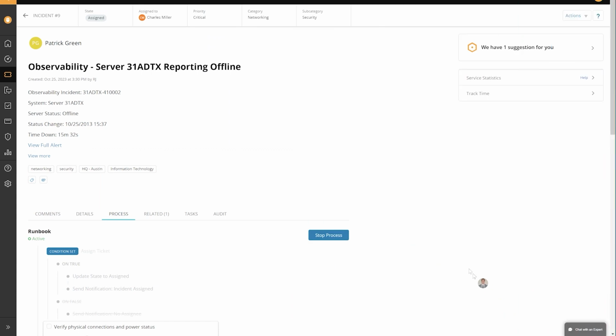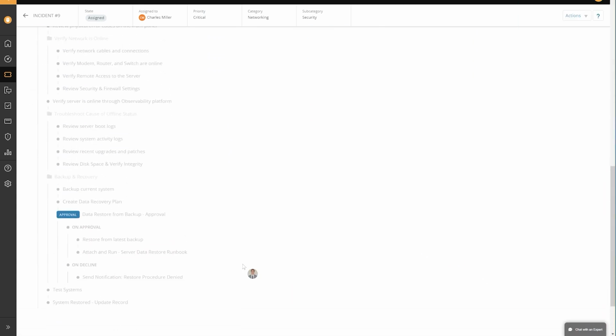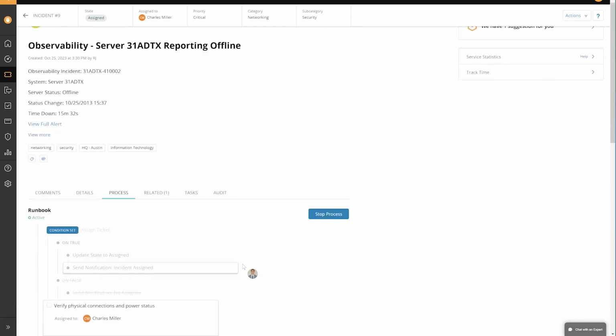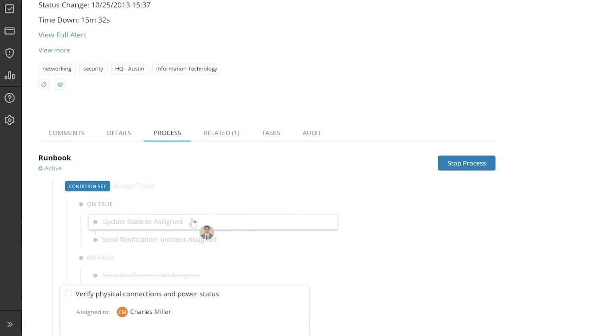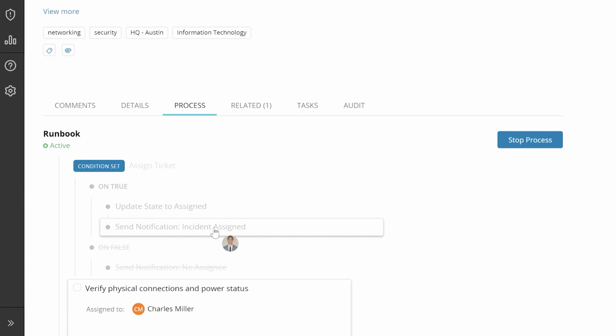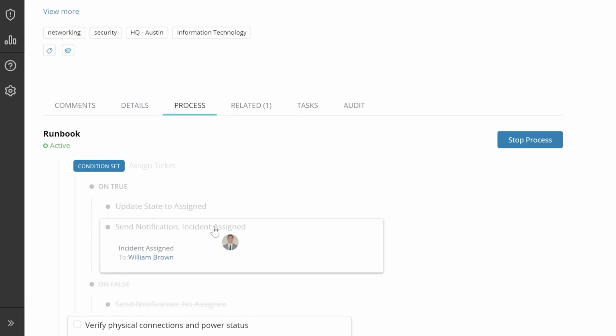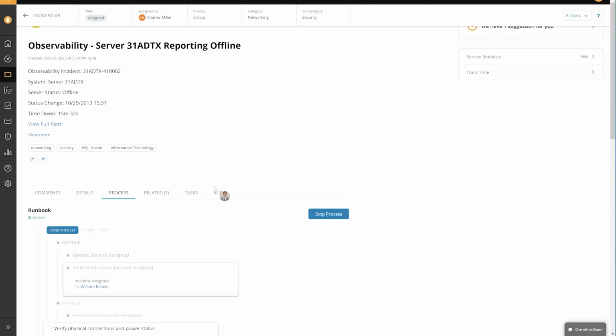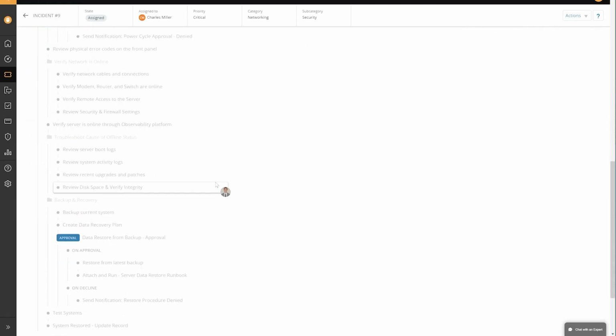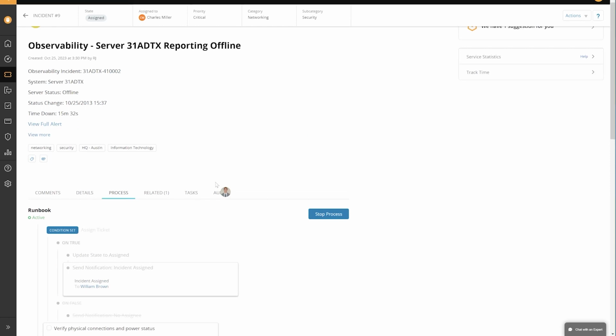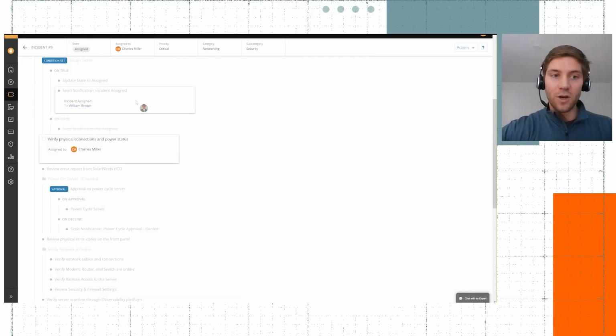And I'm going to add that run book here. And right away, that's going to create, and you can already see it's moved through a few steps already. It's updated the status. It's sent out notifications to the team. So without me having to send emails or notify people along the way, the system's doing that automatically because we know every time we get a critical alert like this from this server, we need to notify Will. We need to move this ticket into the appropriate hands. So we've sent the notifications.